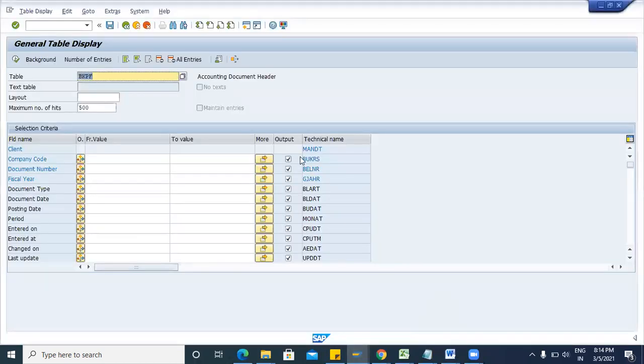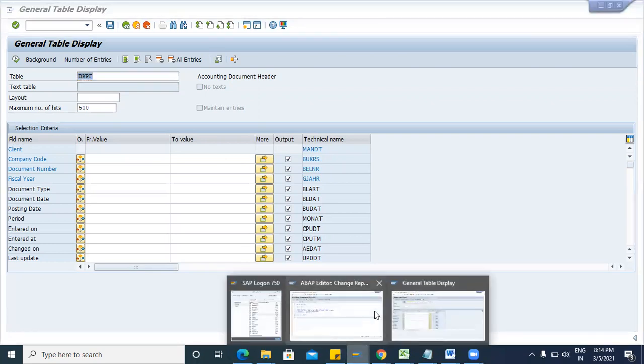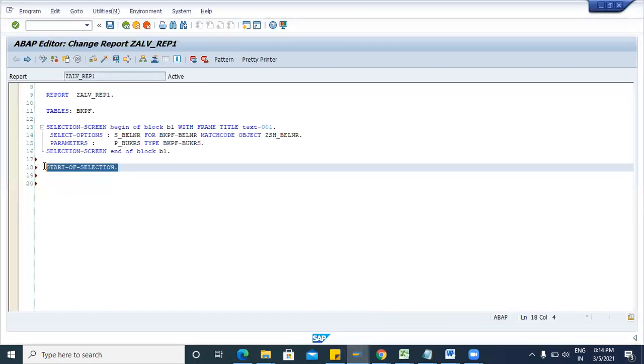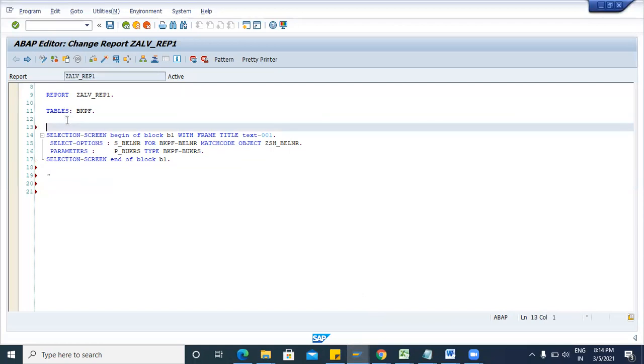So now we will declare a local structure. We will select only 5 fields from this table. Now I will show you how we can declare a local structure. This is the selection screen. So you can also use a comment.